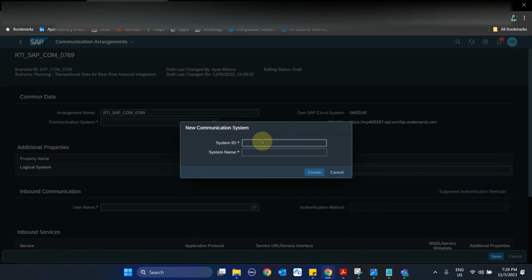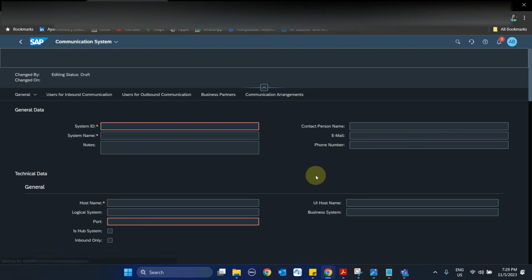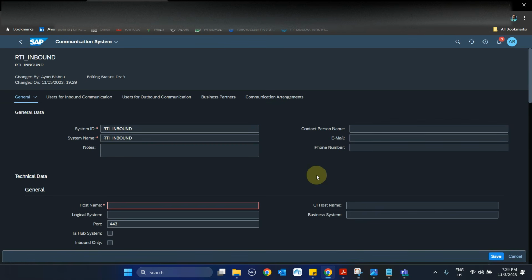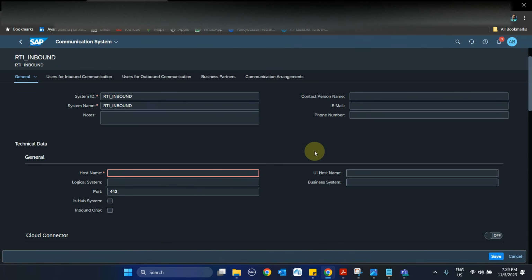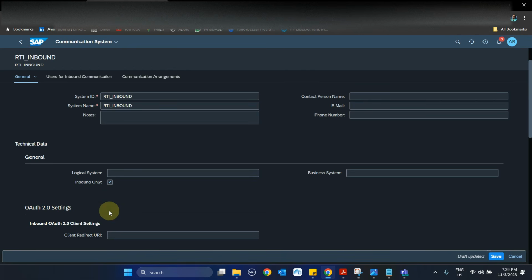Now let's say I will name it here, there is no restriction, I will name it RTI_inbound, and I will create the communication system. Now since this is an inbound system, I will just click on inbound system,